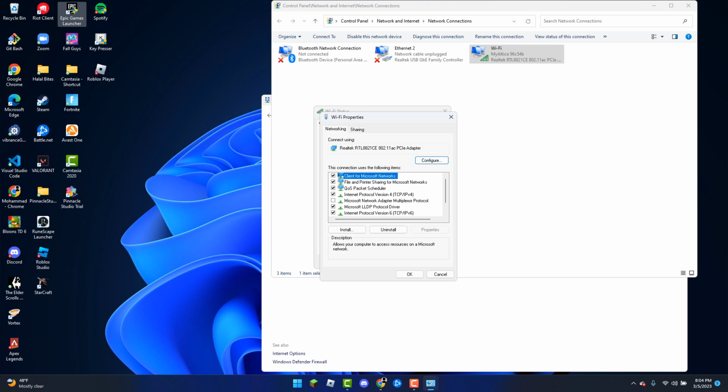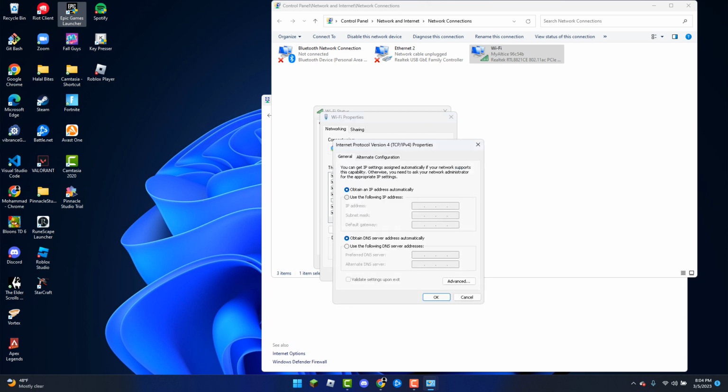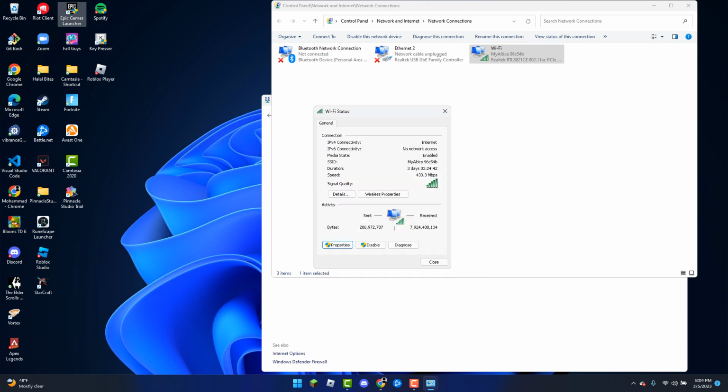From Properties, look for Internet Protocol version 4 and simply double-click on it. Now, once you double-click on it, click on Use the following DNS server address. And so the top one is going to be 8.8.8.8, and then the alternate DNS server is going to be 8.8.4.4. Now once this is finished, you can hit OK, and then hit OK again and simply